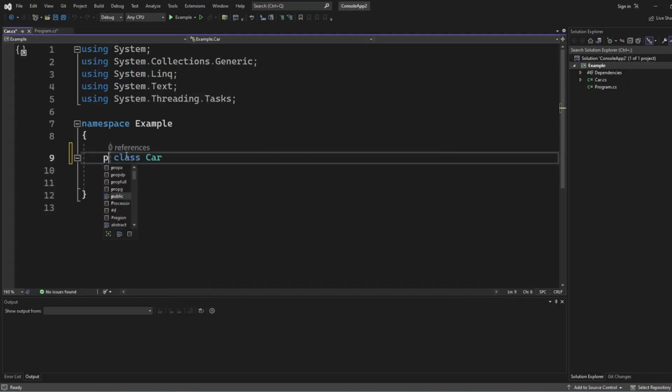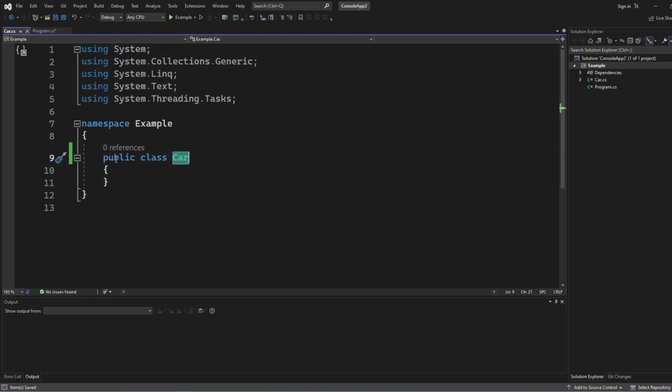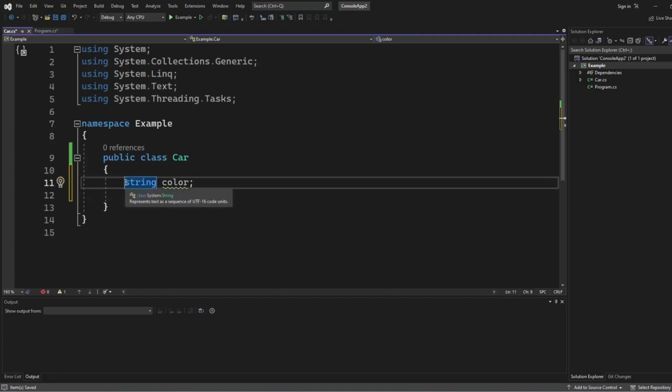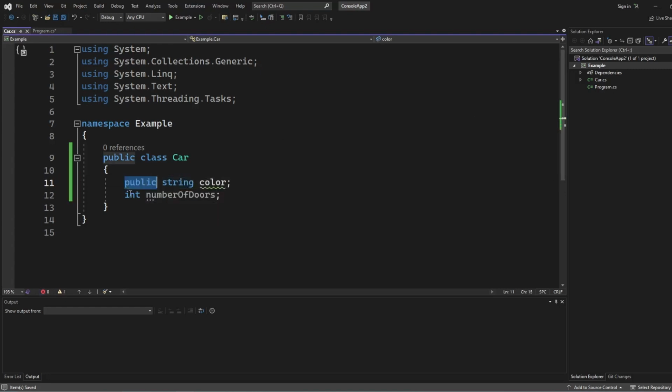So let's quickly change this to public. We want to make this class publicly available, and we want to copy and paste the code that we had previously in the program. We want to make all these fields public. So what we did: we have a Car class which has a field color and a field number of